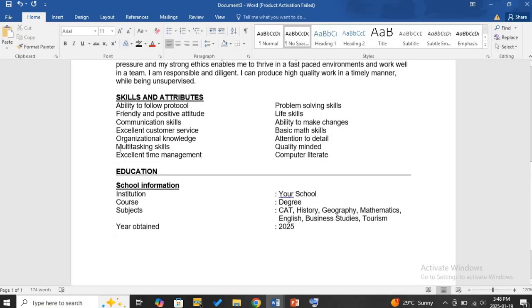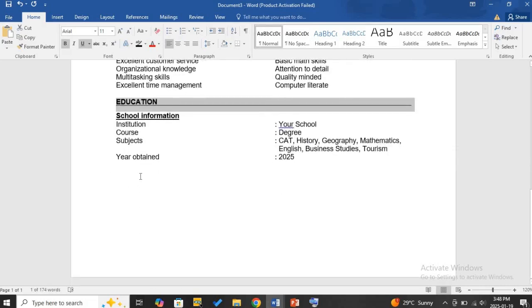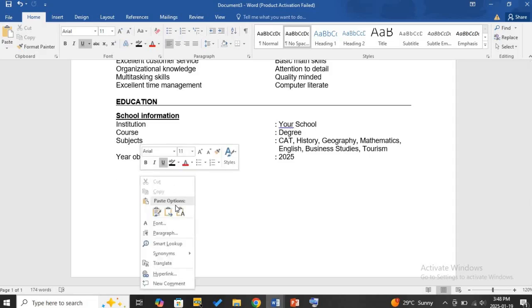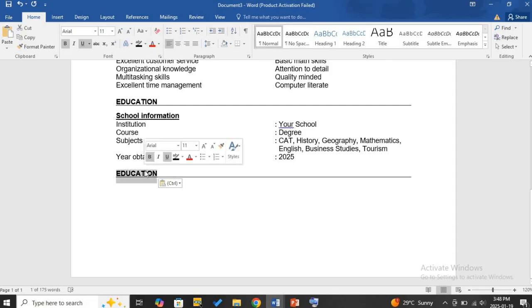You can also do this to save your time and energy. I highlighted this too. Then you can just copy and paste with keep source formatting. Then you paste. Then you just edit this and say